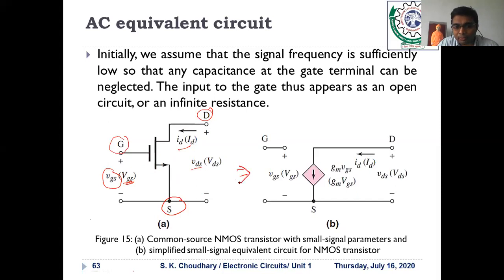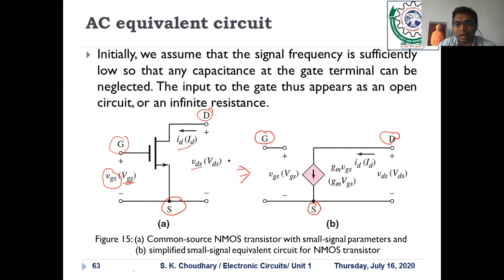You have to see diagram 15B. In 15B, you can see how to draw this kind of network. There are three terminals shown for the transistor: gate, drain at the top, and at the bottom the source, because it is an N channel MOSFET and the source is always at the lowest potential. So as the bottom line or reference line, we always draw the source. The gate and drain are apart because there is no direct connection between the two terminals, so they are above the source but apart from each other.